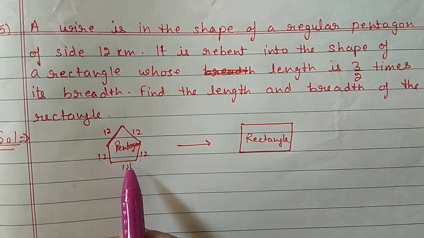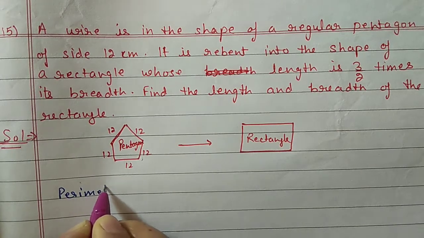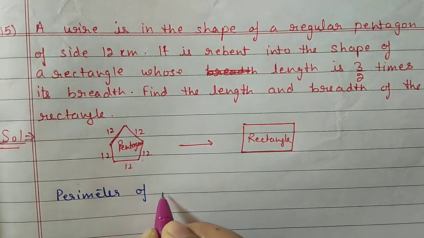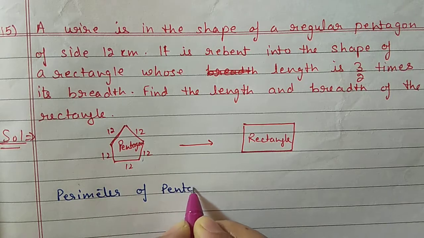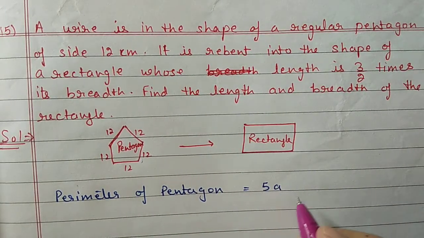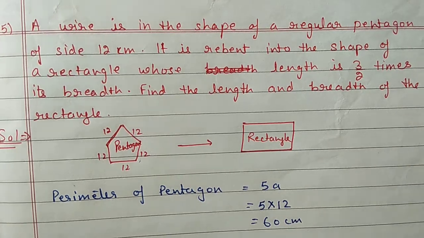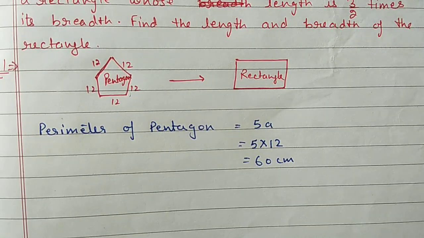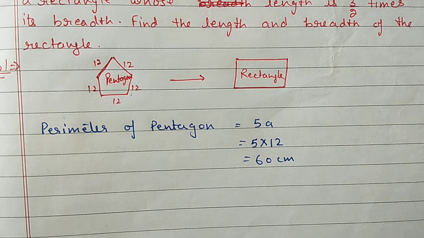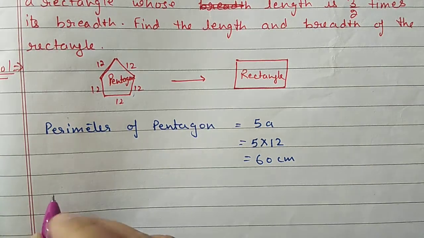So first we will find out the perimeter of pentagon. Will be 5a. 5a means one side, and one side is equal to 12. So 5 into 12, 60 centimeter. Now this 60 centimeter will be the perimeter for rectangle also. But for rectangle condition is given, the length is 3 by 2 times of breadth. So for rectangle,